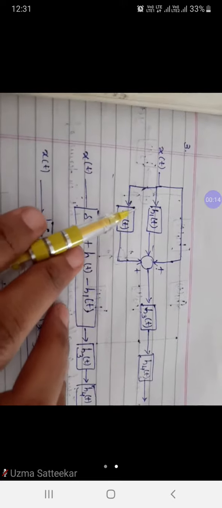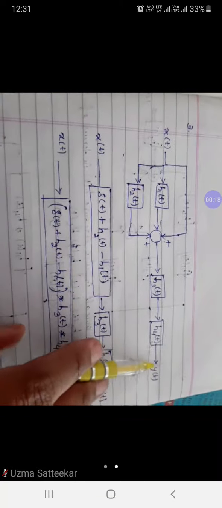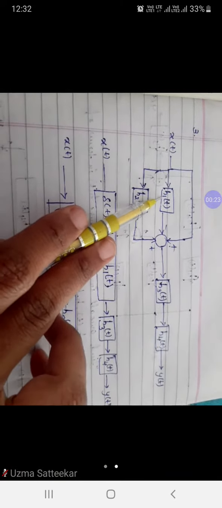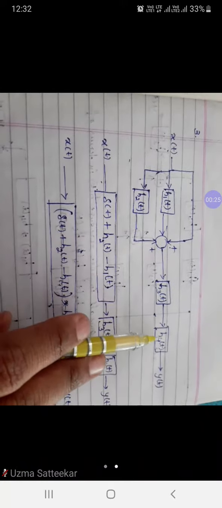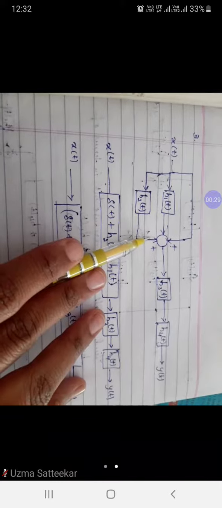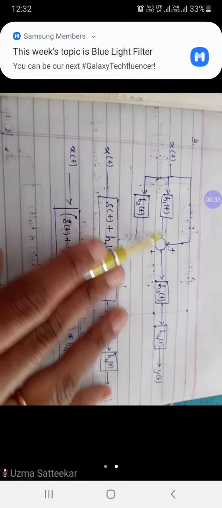Let us take one more simple problem based on the system interconnection for LTI system. This is the given block diagram. X of t is given to you. This is the y of t, and if you observe, there are 4 impulse responses h1, h2, h3 and h4. They are interconnected in this fashion. We need to represent h of t, the overall impulse response, in terms of these.